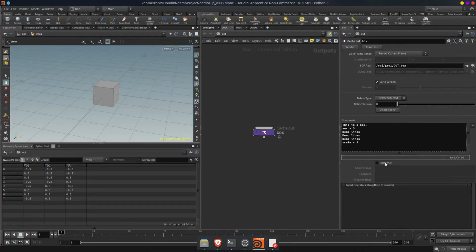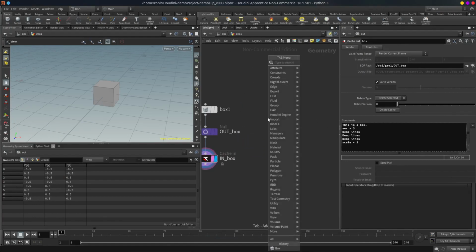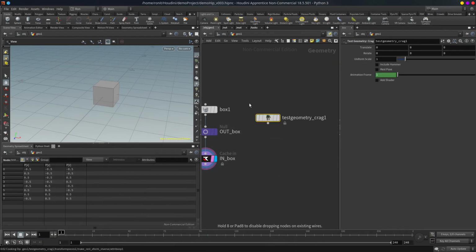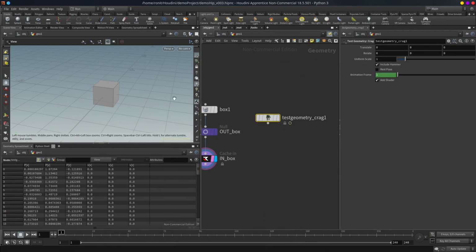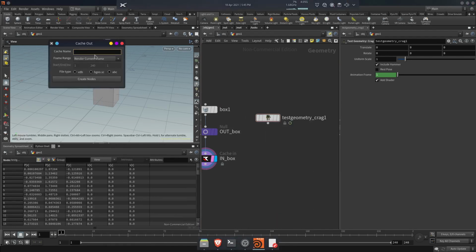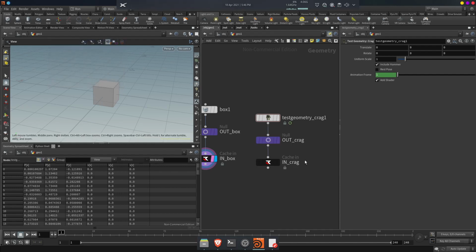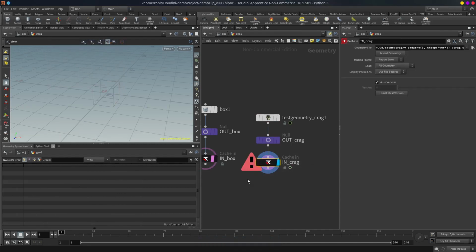So I'll come here and let's do another cache. Let's not do this one. So I will do a cache of Krag, and I will also get the opportunity to show you how it caches out all the frames. So auto cache out. Let's name this Krag. Choose render frame range. I will just cache 50 frames. Video.sc. Okay, so the nodes are created here, and as always, you won't see anything right away.